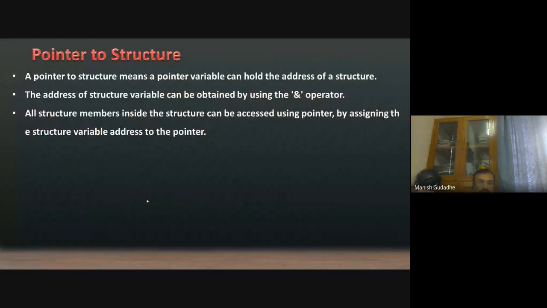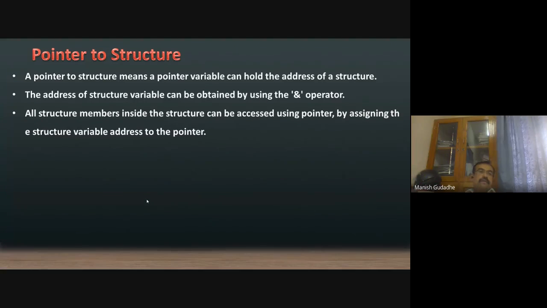Now the next thing, as I'm repeating a number of times, a structure is exactly like the other variables we are declaring, that is, predefined data types and user defined data types. So a pointer can also be assigned to a structure and also to its variable.